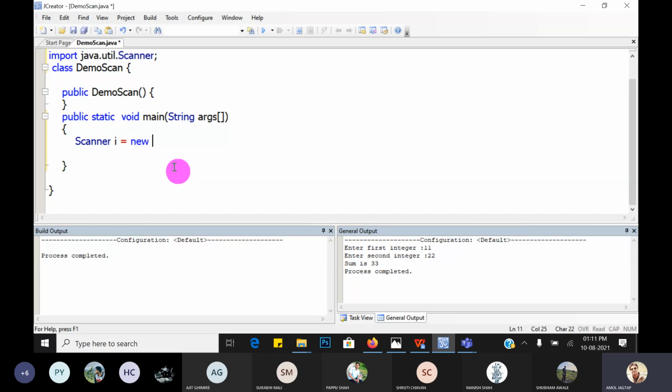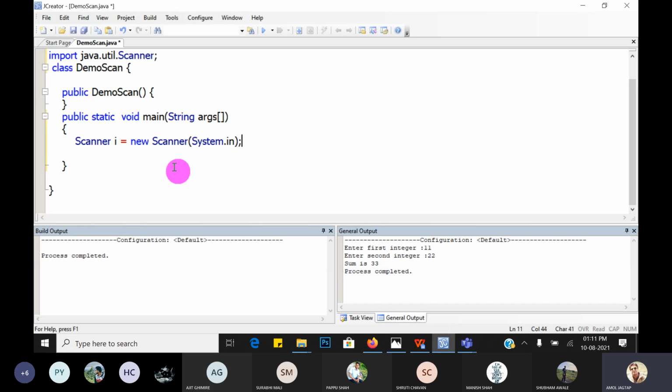Then use new to call the constructor. So to call this constructor, use new, the name of the class, that is Scanner, and pass the argument from where we want to scan it, System.in.